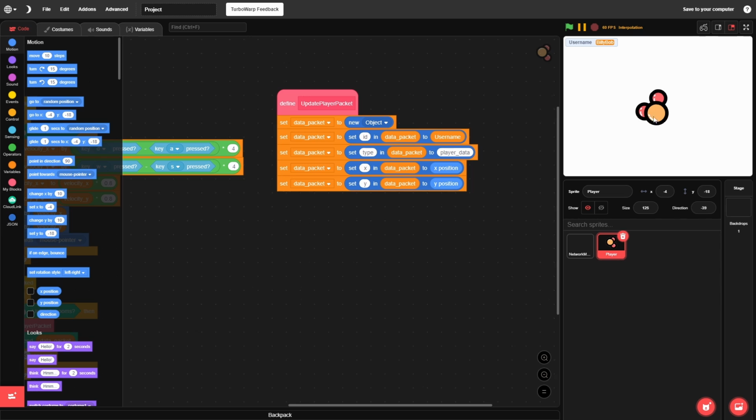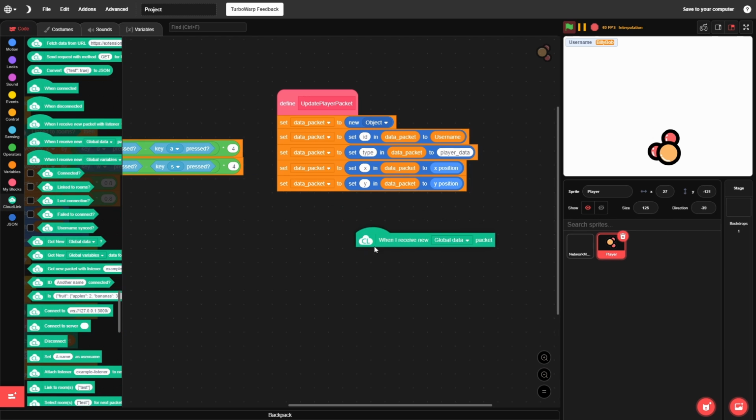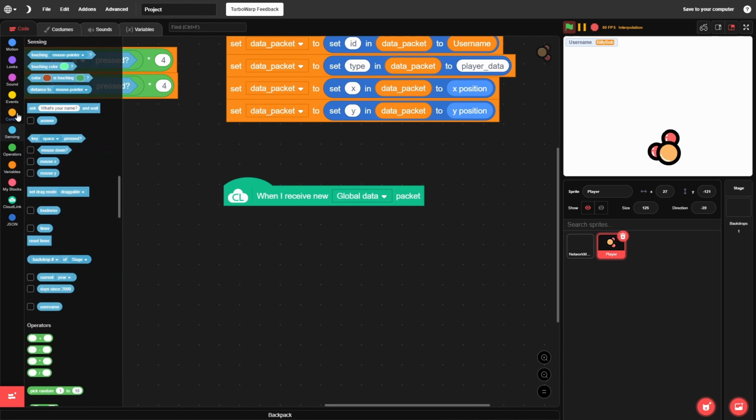Okay, so right now we're gonna do this, but we need to instance or create a new clone for the player who has just joined. So for that, what we're going to do here is we're going to go when I receive global data. We're going to do an if statement here. We're going to go if,